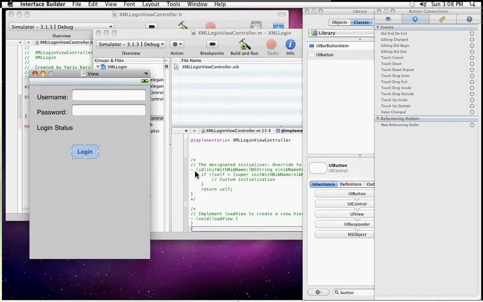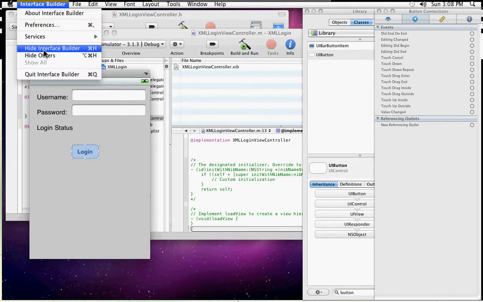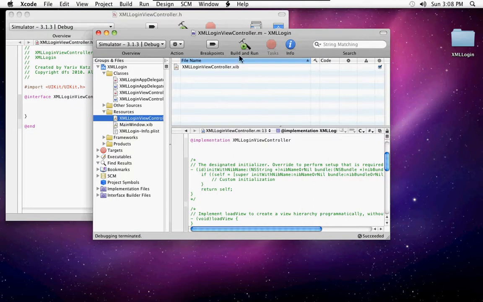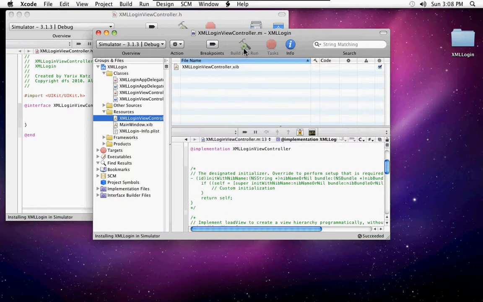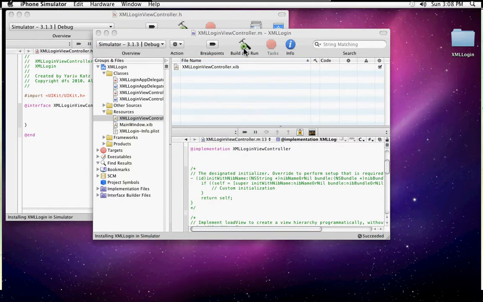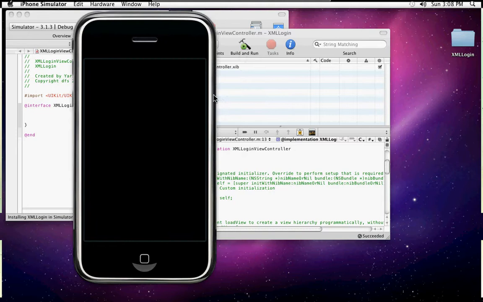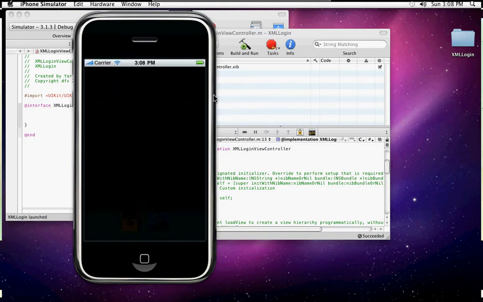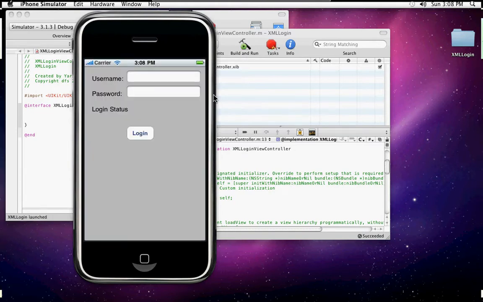Okay, so before we add code, let's see what we've created so far. I'm going to hide the interface builder, and let's build and run and see what we've accomplished so far. Okay, we'll see our nice graphic we've created here, and we got a button which, if we press, doesn't